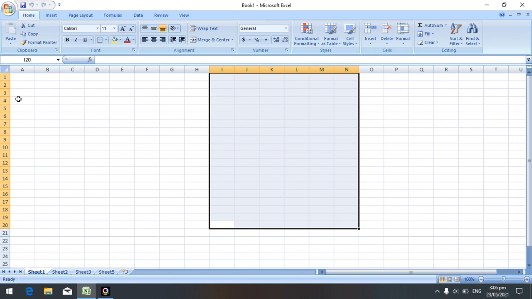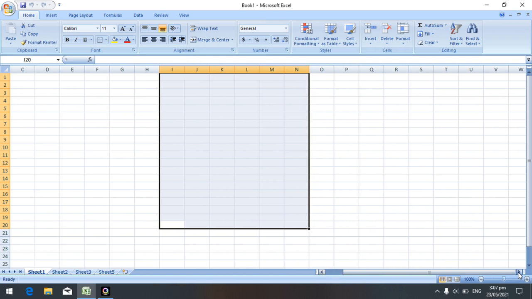Each sheet has 10,48,576 rows. Rows are headed by 1, 2, 3, 4 up to 10,48,576, and columns are headed by alphabets: A, B, C, D. The same way it continues.